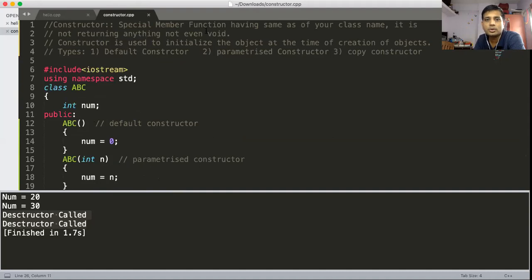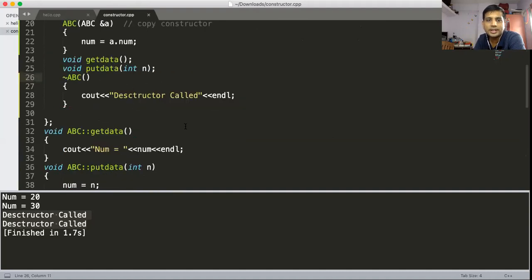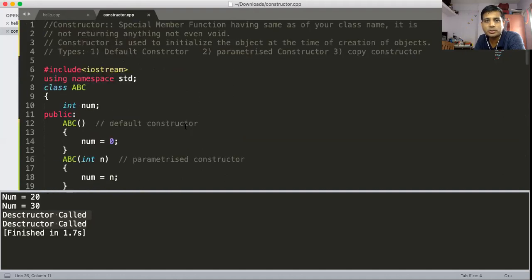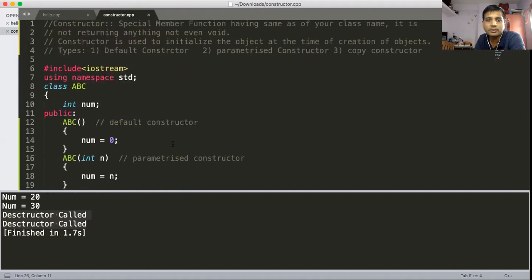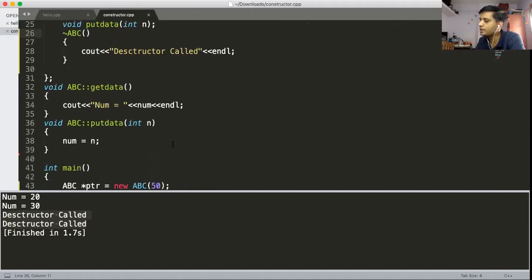Okay, so this is today's topic. The next topic is, I think, operator overloading. We will take operator overloading tomorrow, but you just have to try this constructor and destructor: create one or two classes. I will share the programs with you.